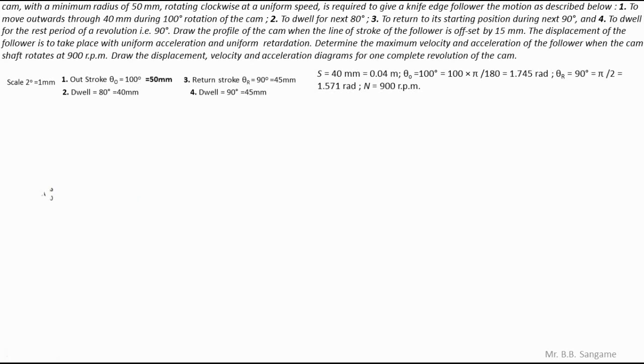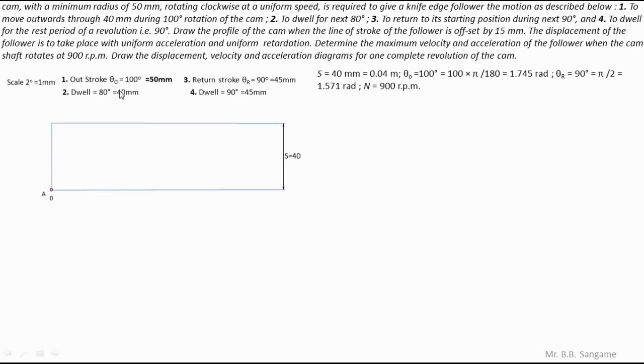So let us draw a line from point O to A. So this is the horizontal line. It should have length more than 135 mm. Okay, you can go for the 145 or 150 mm length. Next draw a line which is parallel to the first one at a distance of 40 mm, because the height or stroke of follower is 40 mm. So I have drawn the second line parallel to the first one. Let us complete the rectangle.